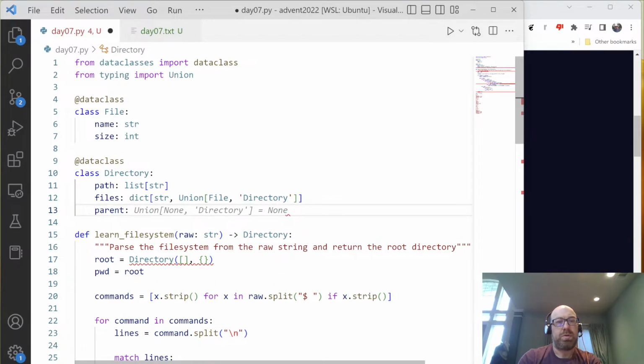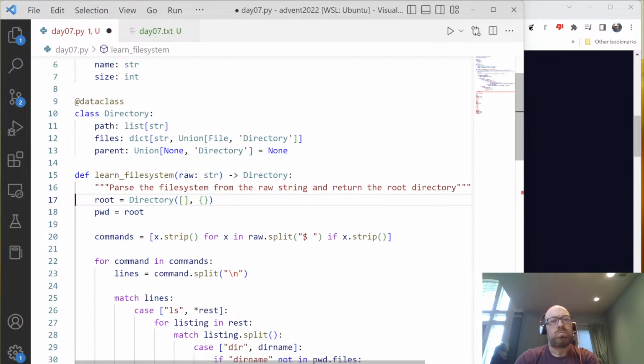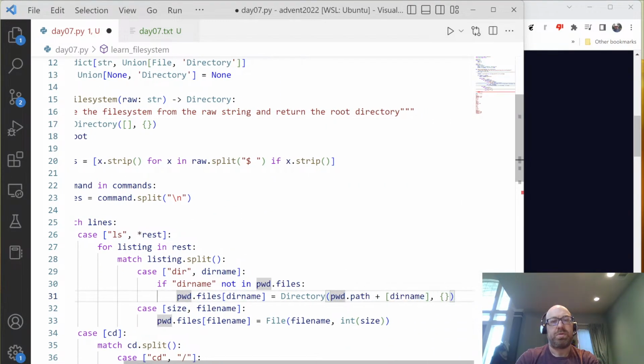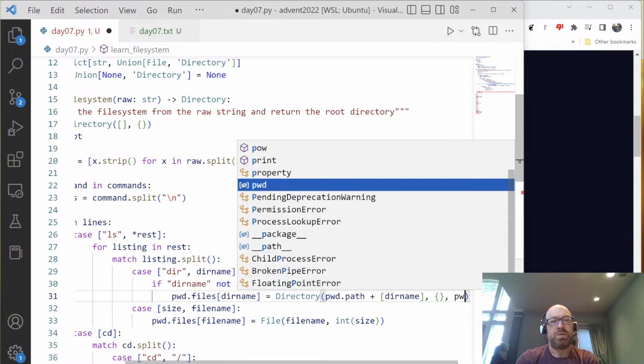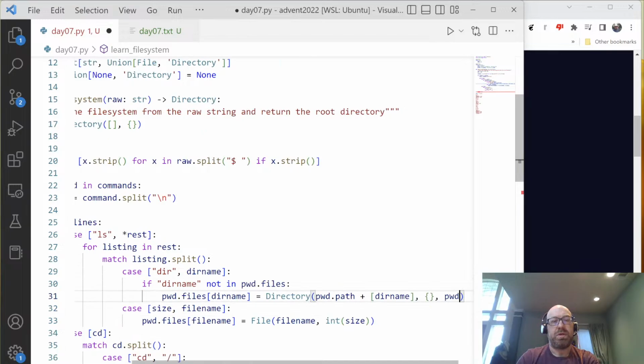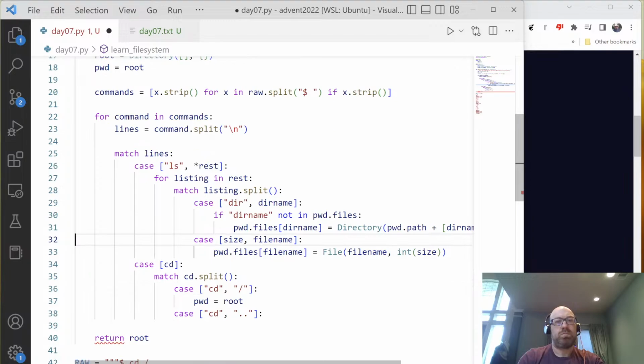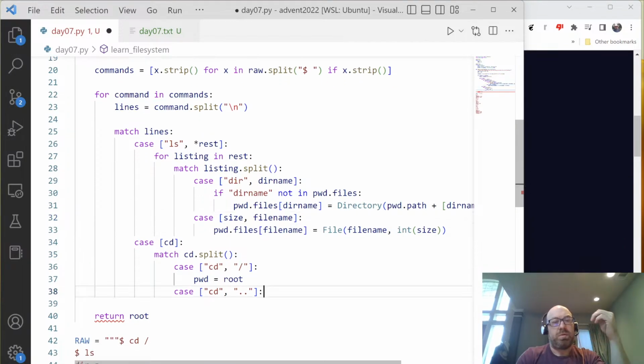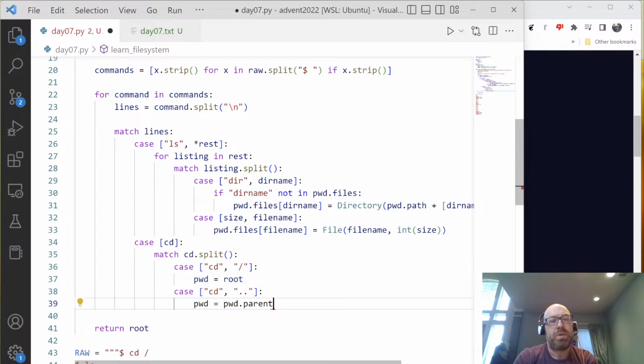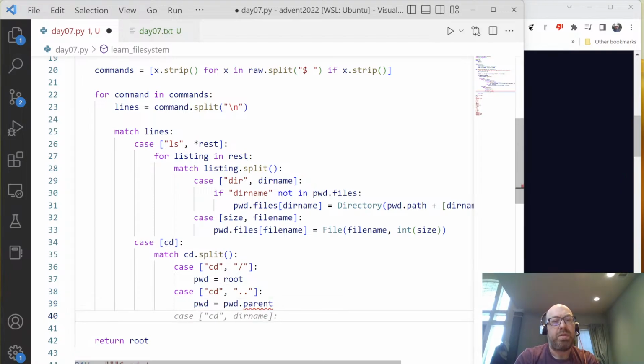Parent union none directory equals none. Okay. So now this directory needs to do that, and pwd is the parent. Okay. So cd that, then we'll say pwd equals pwd.parent, and then finally we want to change into a